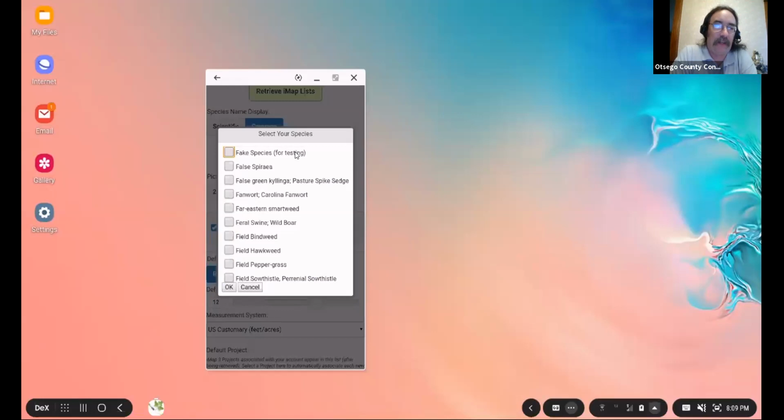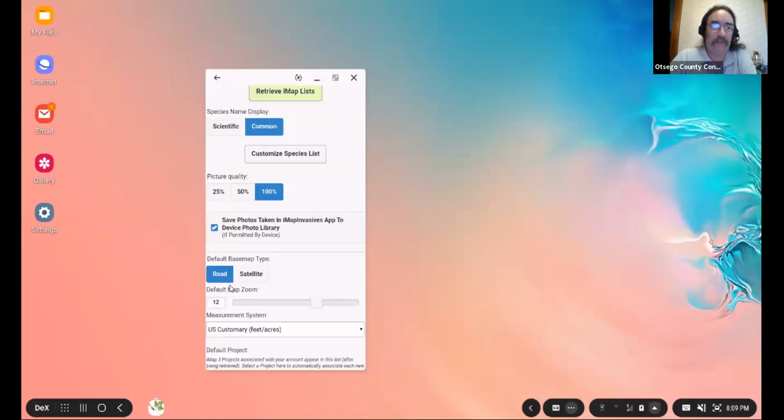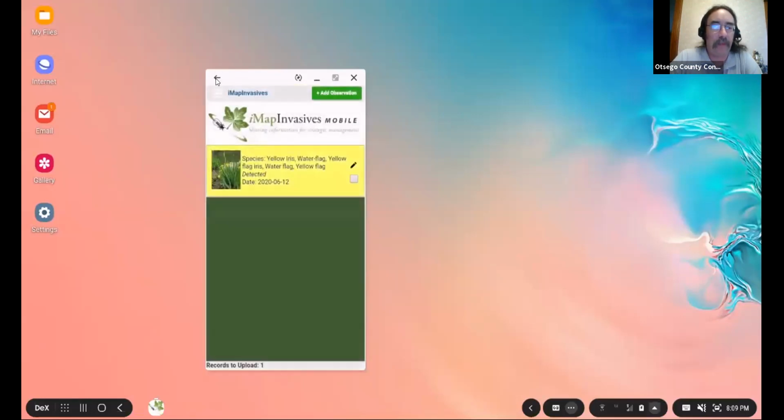When they get an entry that has a fake species in it, they see that and they'll ultimately delete it within a short time period. Okay, but it's good to have on there. If I clicked this when I do my species list later, this is the only thing that would come up, so I don't really want to do that, but it is there. I think it's a default in the system. So, okay, let's go back.